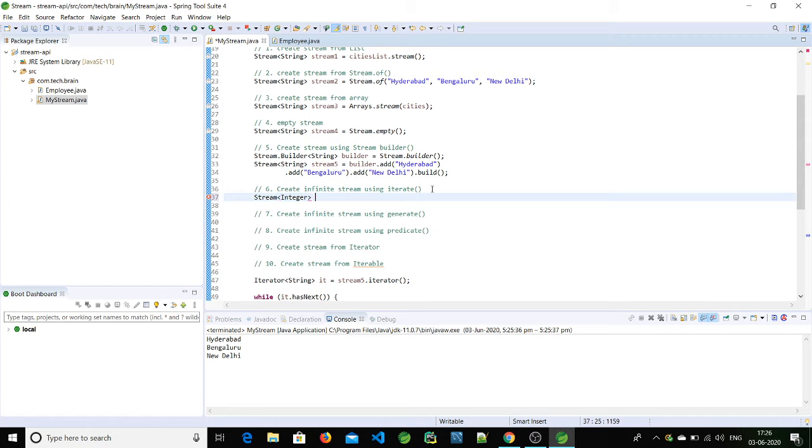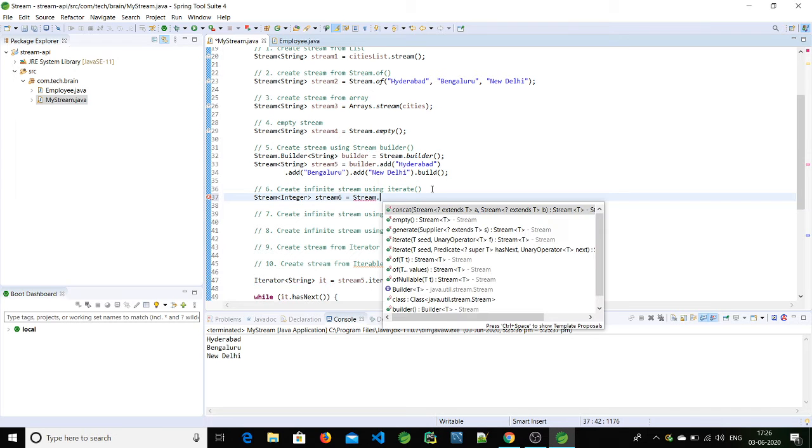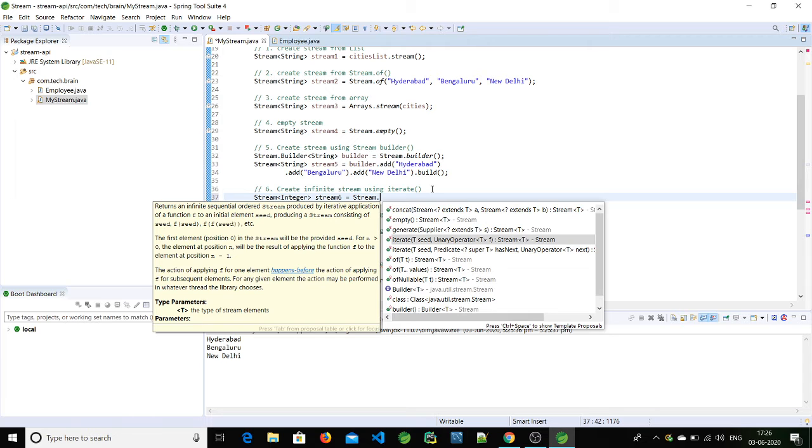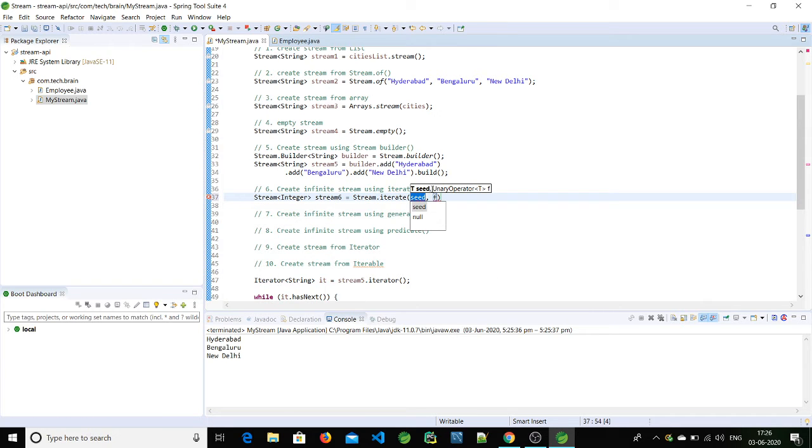I'm giving integer value and its name is stream 6. On top of the Stream class we'll call the iterate method, and it is expecting two values. One is the seed value, so this is the input value, and the second one is the function.